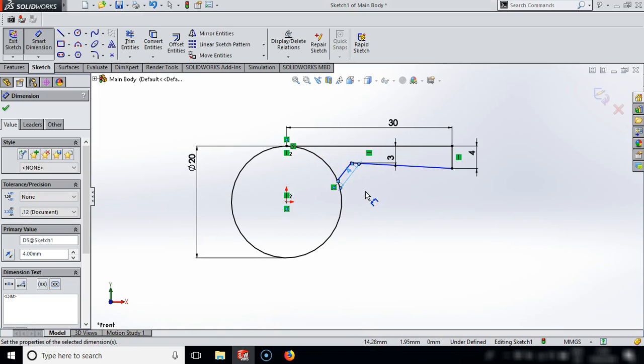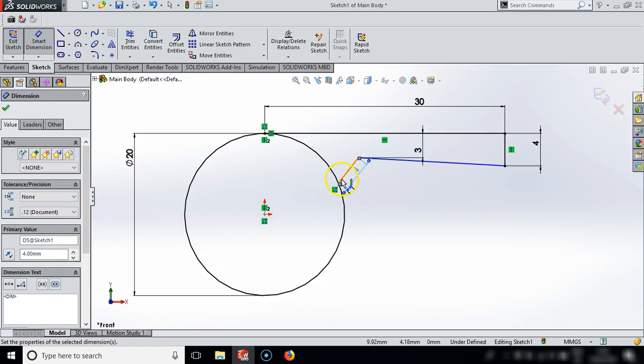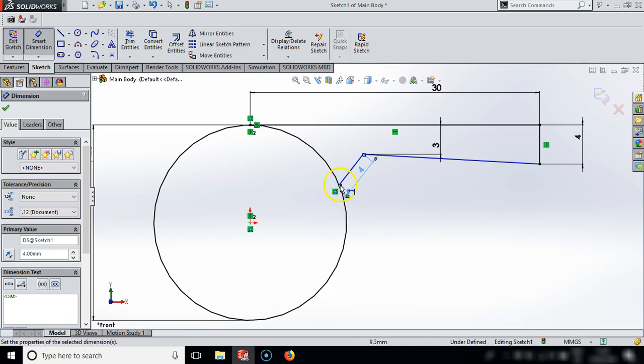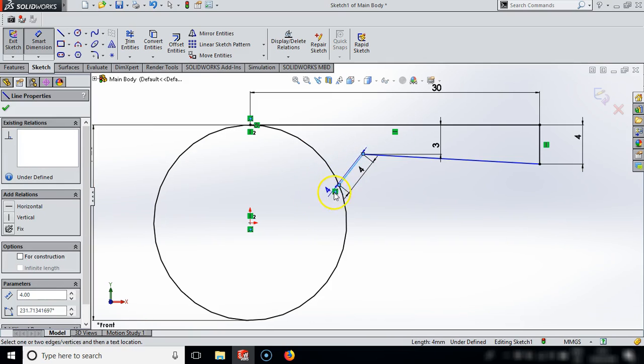Now we're nearly there. There's one more thing I want to do before we can actually make this a solid object. This line here, you'll notice that if this line were to continue down, it's not really going anywhere. But what I want to do is go to the center of our circle. To do that, I want to add a relation, and what that means is I want to relate this line to this center point. To do that, I'm going to press and hold Control, which is a button in the bottom left hand corner of my keyboard. Press and hold it, select this line,